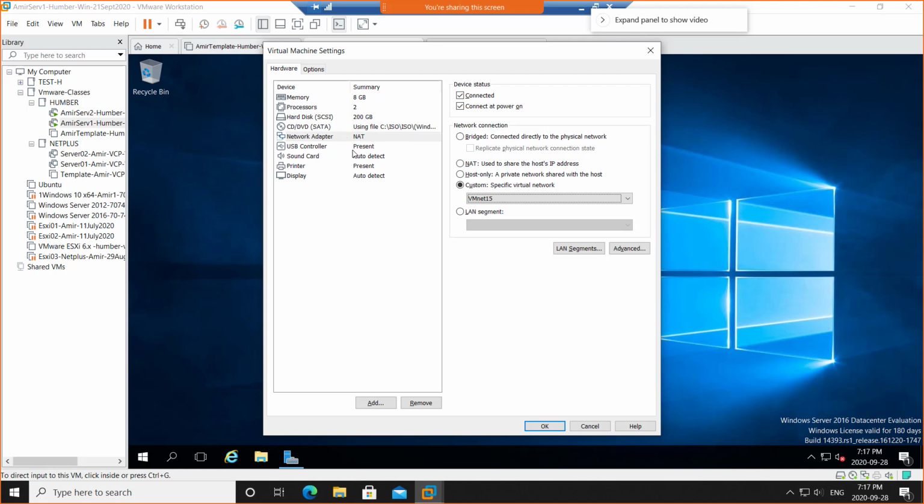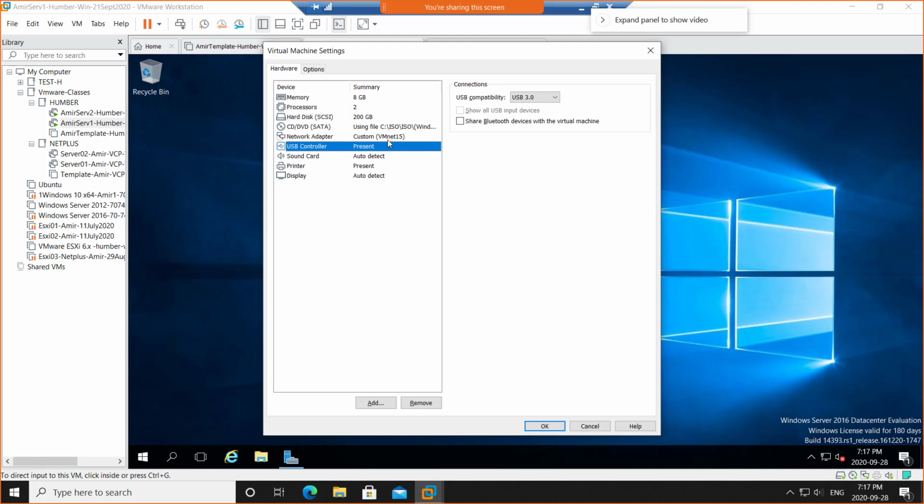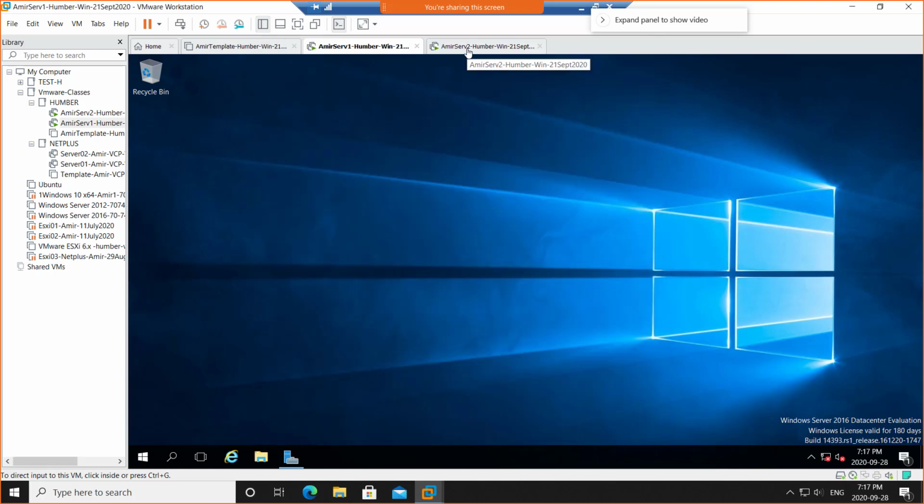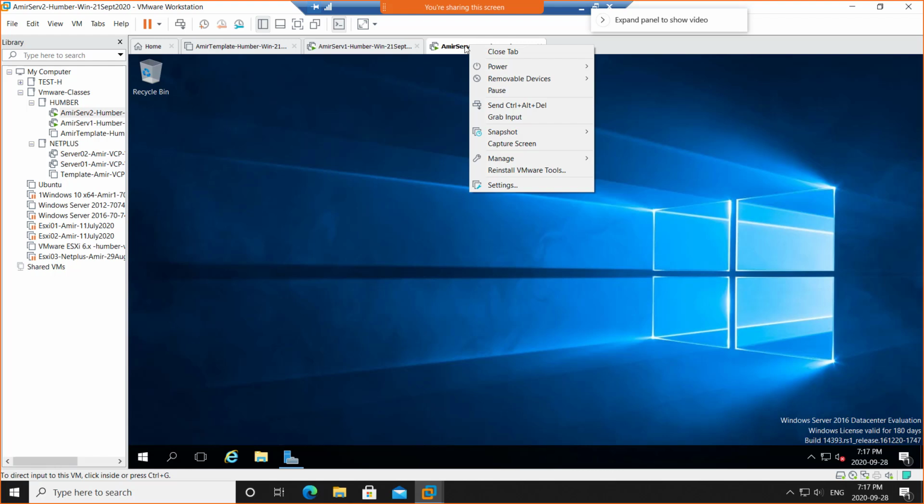I'm going to go here. Well, it still shows NAT. If you click somewhere else, it will show you VMnet 15, which is okay. So VMnet 15 is selected. Click OK for the first machine. I'm going to go to the second machine and do exactly the same thing now. Go to the second machine, right click on the second machine, go down to settings,